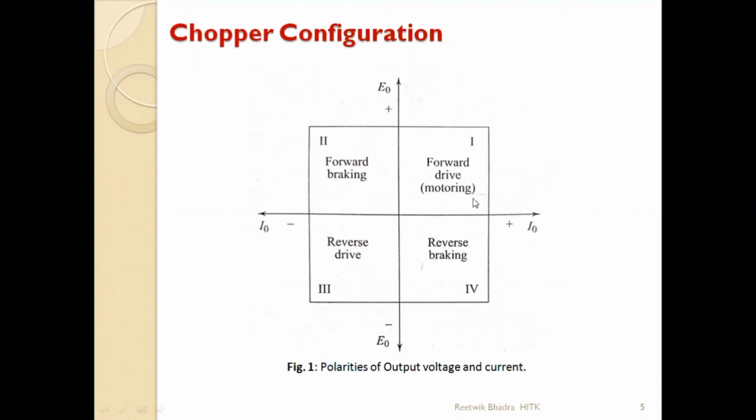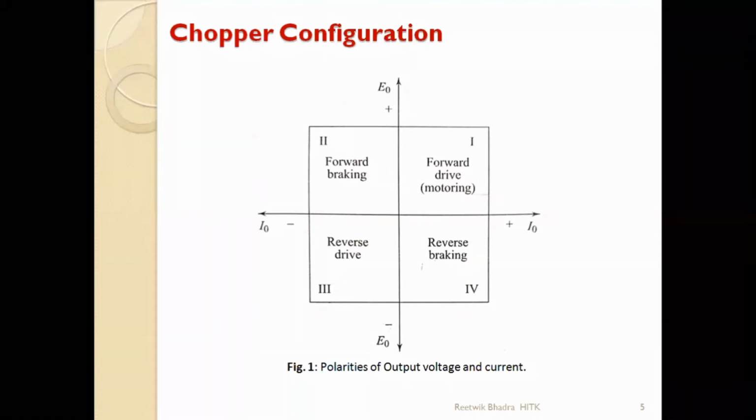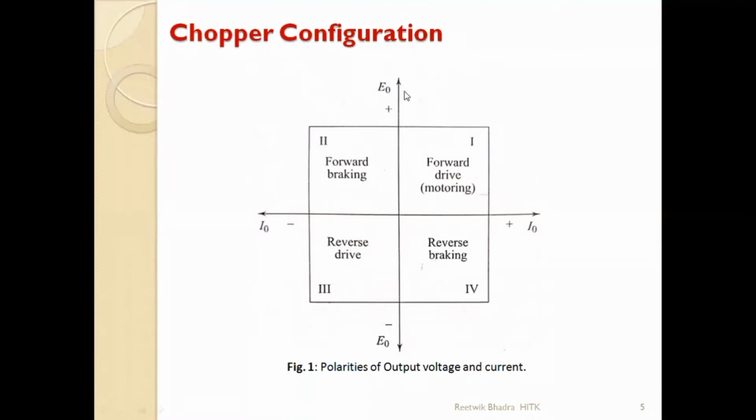Now motoring. As I said, the speed of a motor can only be controlled below some rated value by using a rectifier, because the average value of the controlled rectifier output is always less. So in order to increase that speed, we have to increase the voltage. So after the rectifier, we will connect a DC-DC converter which will step up the voltage, and accordingly the speed will increase. Okay, so motoring action. That is the basic application of your chopper. Motoring action, there are many other applications.